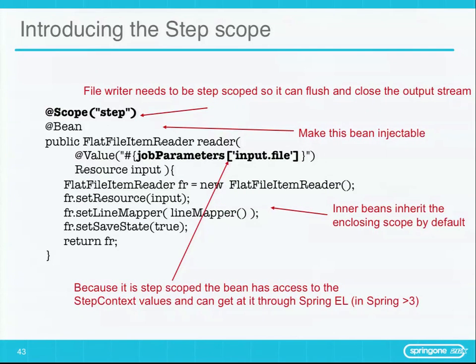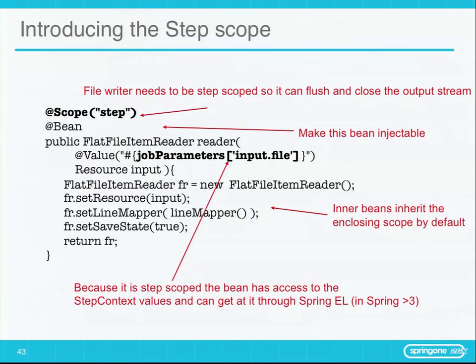So yeah, this is the revised version of a reader. Again, we want to be able to access the data that's coming in from the job itself. The reader itself, in this case, not the writer, needs information about which files to read from, and that's unique per run of the job. So I'm saying @Value jobParameters input.file, and I specify a resource, and Spring is going to automatically convert that parameter and provide the value for me when this method gets instantiated.